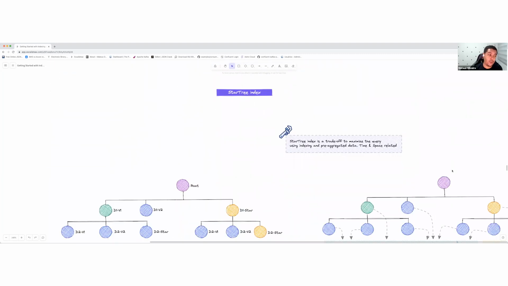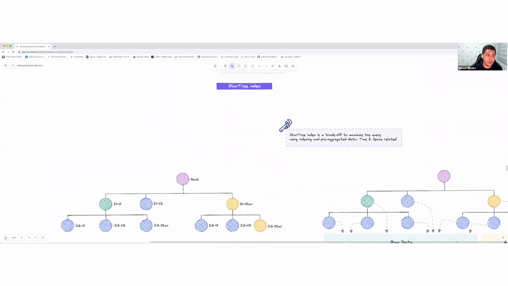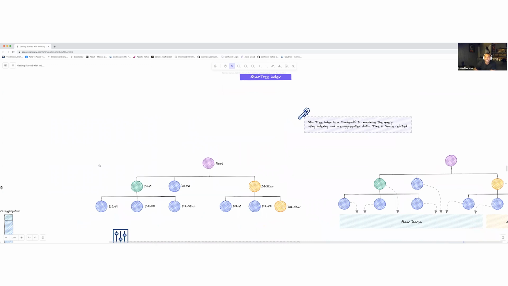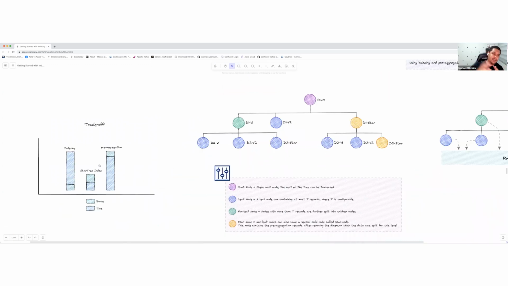Yep, and then we began to talk about the star of the night. I can say we saw a lot of indexes and strategies, and we're going to see a lot more, but this is one I want you guys to always remember, so take a look at this special one. This is the StarTree index, the Pinot custom index made by the Pinot team